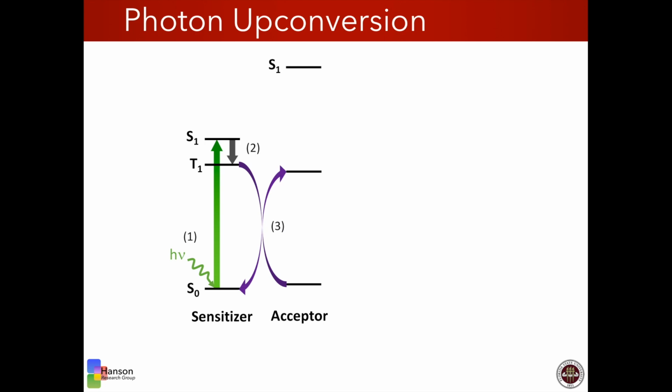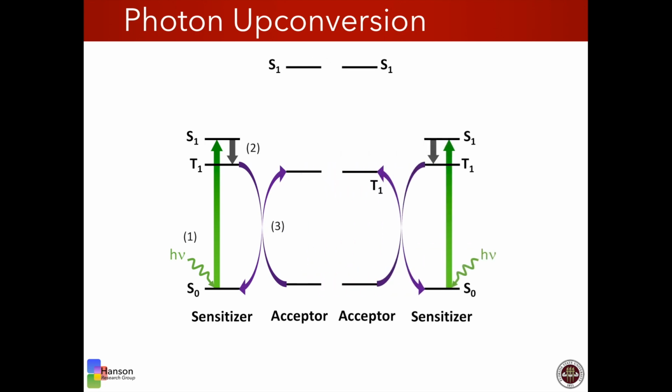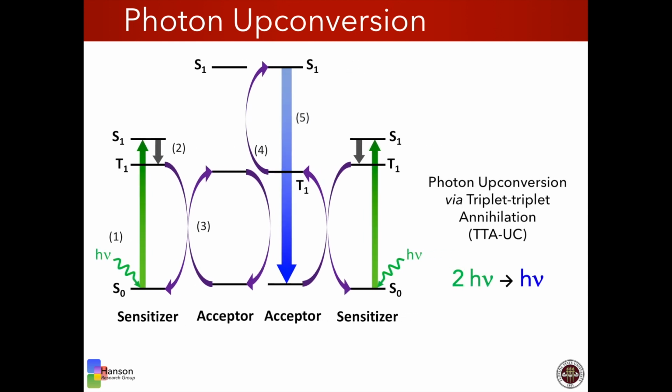molecule. If two of these events happen in close proximity, these two acceptors in their triplet state can undergo what's called an annihilation event, sending one down to the ground state and propelling the other into its singlet excited state, from which it can emit a higher energy photon than was initially absorbed. We call this process photon upconversion via triplet-triplet annihilation, and it essentially converts two photons of lower energy to one